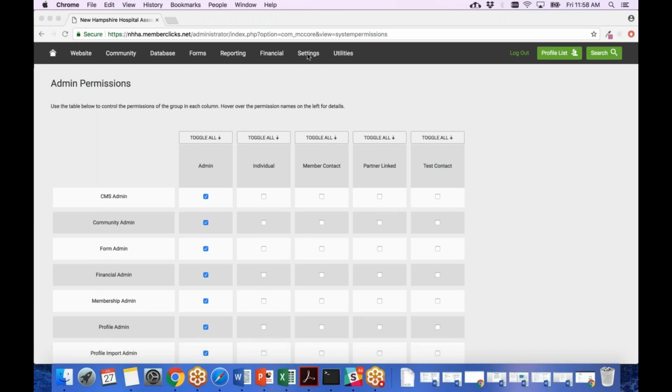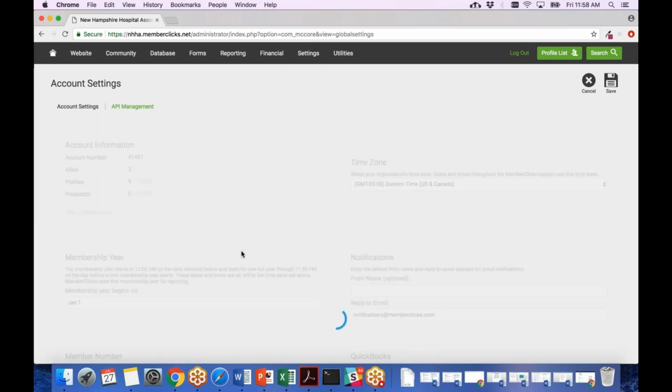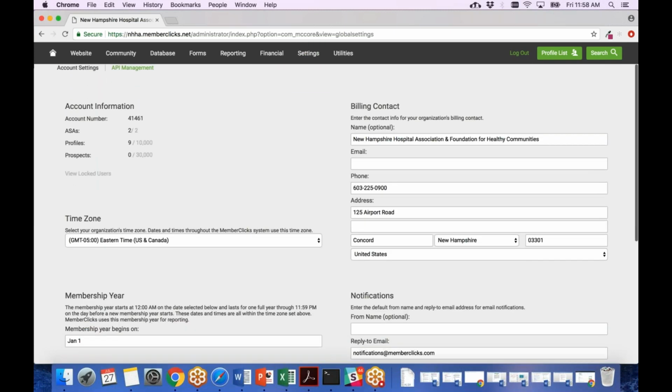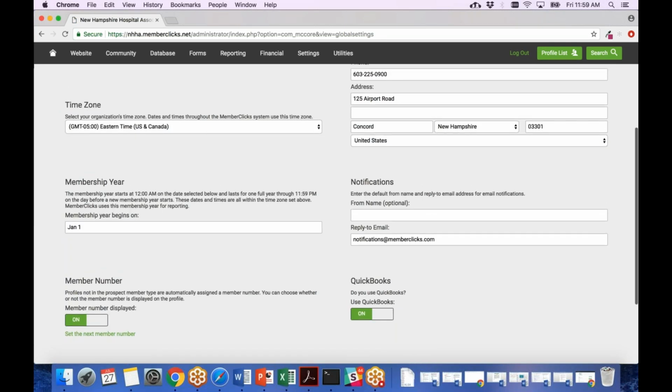Settings, how something, or is that something more global? Now, settings, you have the ability to view billing, contact info. You know what, one thing that I think you will need if you're going to use our contact center is